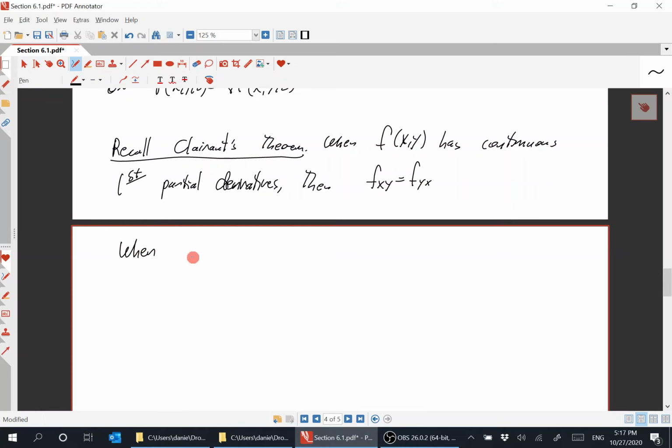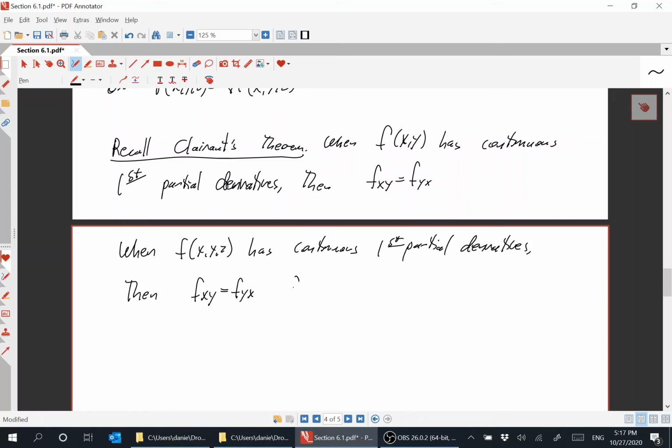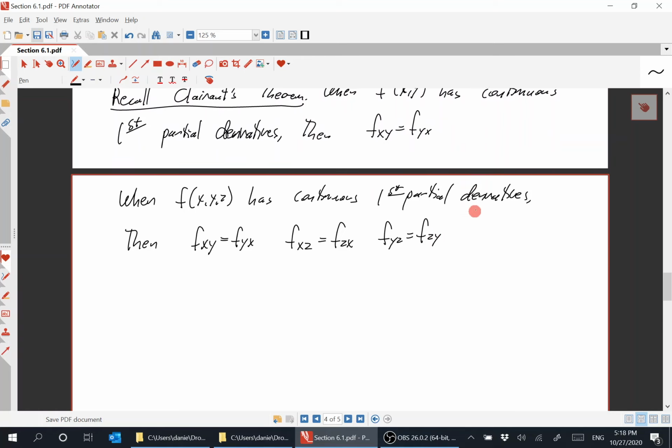You can generalize that to 3 dimensions when f(x,y,z) has continuous first partial derivatives. Then the second derivatives are: fxy is equal to fyx, fxz is equal to fzx, and then fyz equals fzy. Okay, so